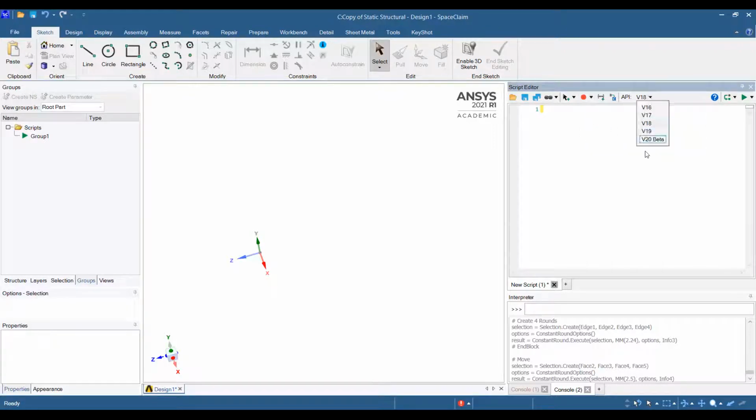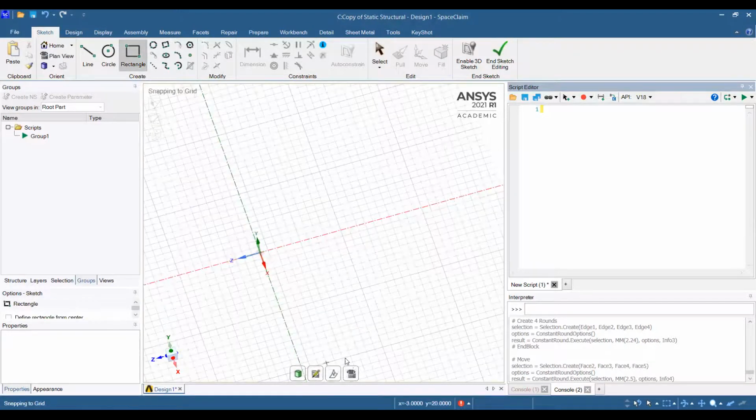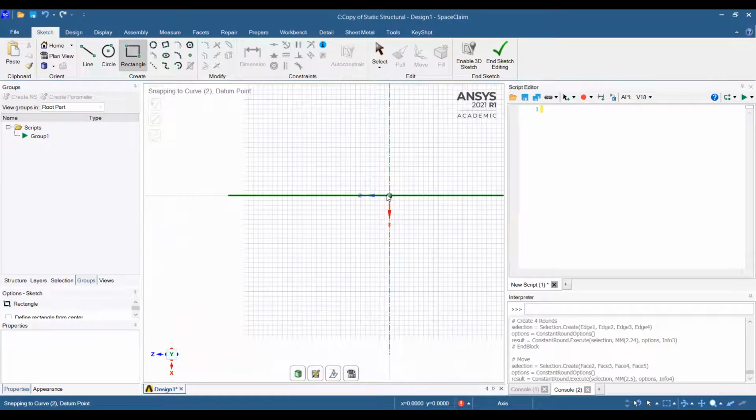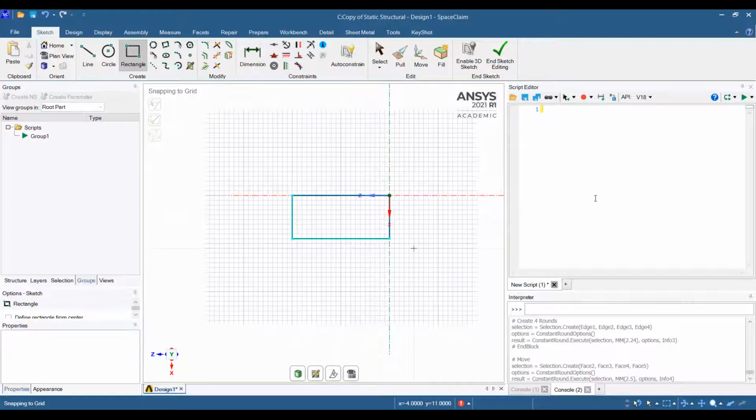All the steps you make will be recorded by this option. Then we have different versions of the script. These are the Python versions 16, 17, 19, 20. The last useful option is Run Script. So let's make a block. If I go to the plan view and make a block here, which is 10 mm by 20 mm, you should keep understanding what's happening.